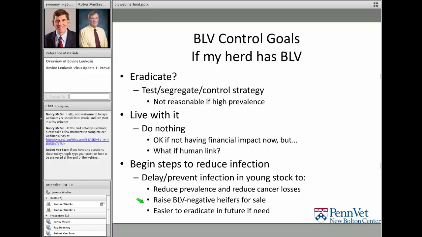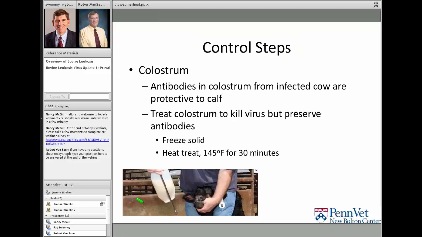And then if you do get in a situation where we need to eradicate it in the future, you'll be poised to do so. So what are some of these steps? Well, we think about how animals are infected and we try to prevent the transmission. One has to do with colostrum management. Colostrum is a double-edged sword. We know that if the cow is infected, she'll have antibodies in her colostrum, and that may actually help protect the calf. But the colostrum might also have virus, which could